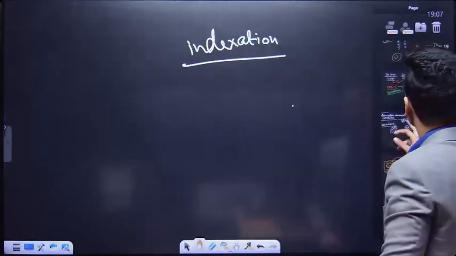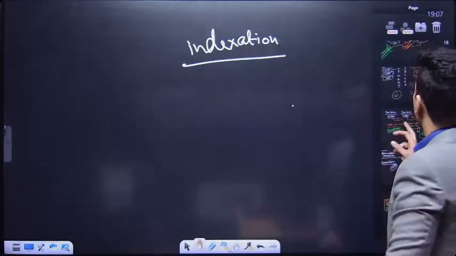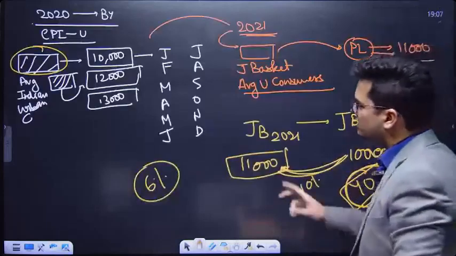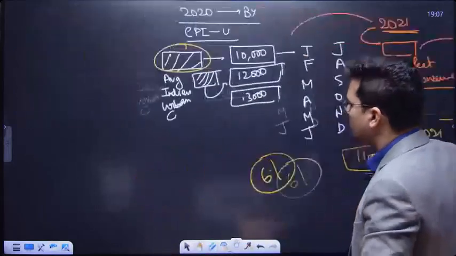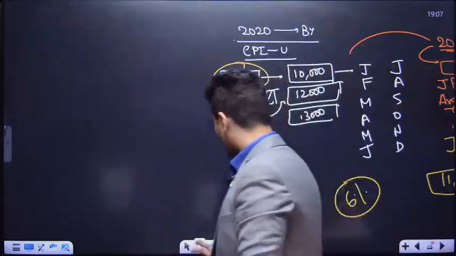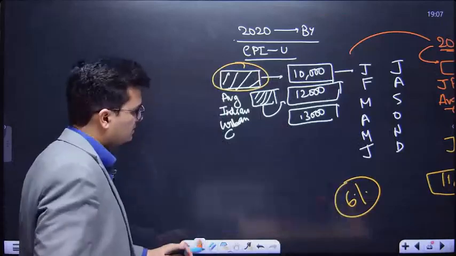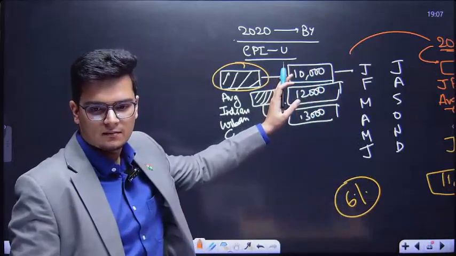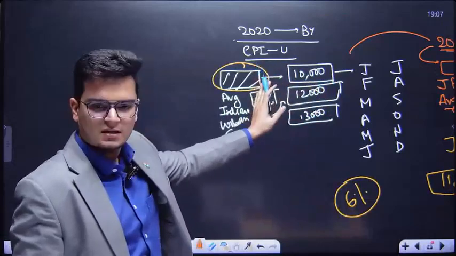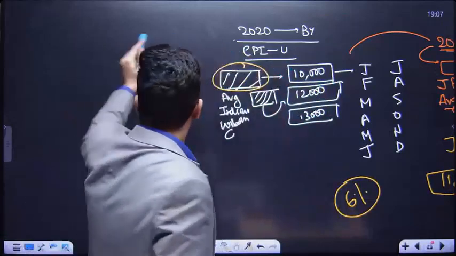अब देखो, मैं baskets ऐसे construct कर रहा था, है ना। जनवरी की basket 10,000 रुपए की in 2020, right। यही ऐसे construct कर रहा था। To do indexation,